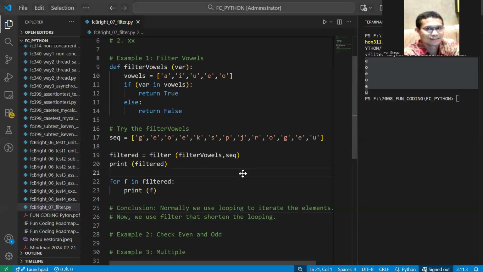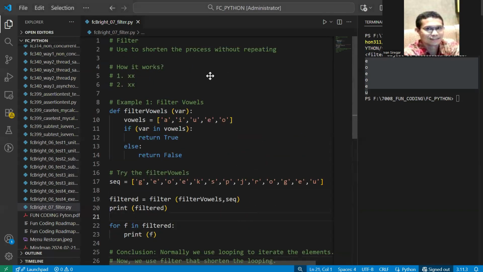So I continue with how it works, because we have demonstrated the first example. So how it works here, we use list. Okay, so this is the list. That's why we learned about list previously before entering this part.